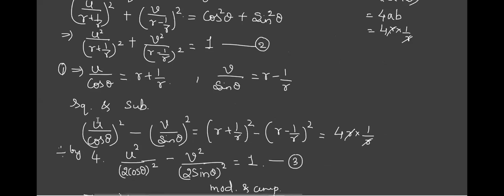Second equation, equation 2. If I substitute here, this becomes C1, this is 1 by C1, this is C1 and C1. Can you tell me what this is representing? u square upon... if C1 is constant, isn't the denominator quantity constant? It is in which format? u square by a square plus v square by b square equal to 1. What is this representing? Ellipse.